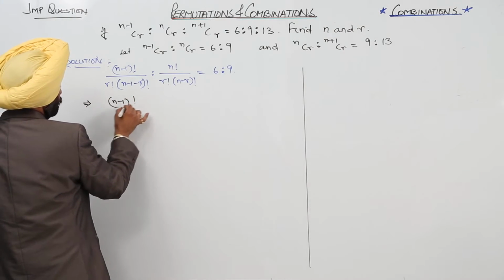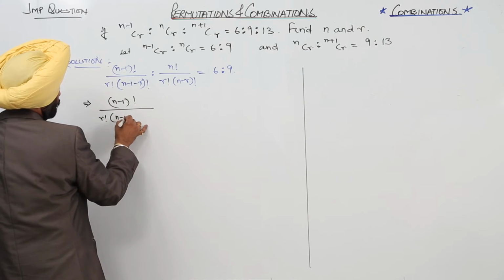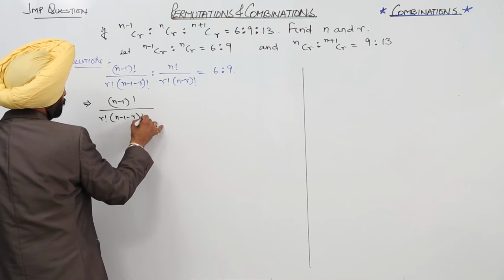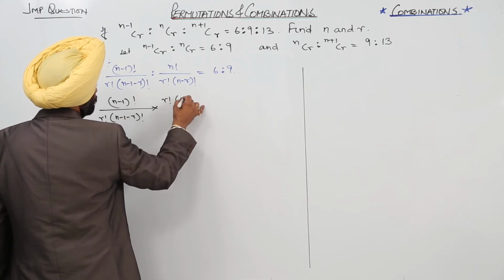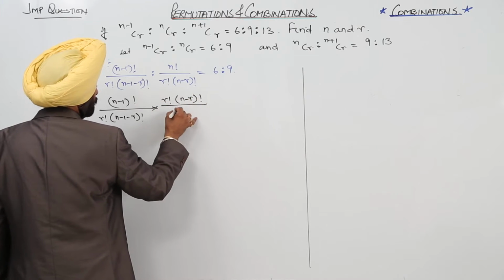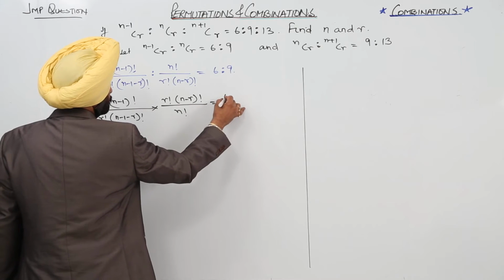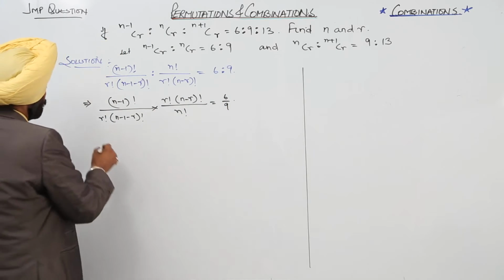So n minus 1 factorial upon r factorial, n minus 1 minus r factorial, multiplied by r factorial, n minus r factorial upon n factorial is equal to 6 upon 9. Okay, now this becomes